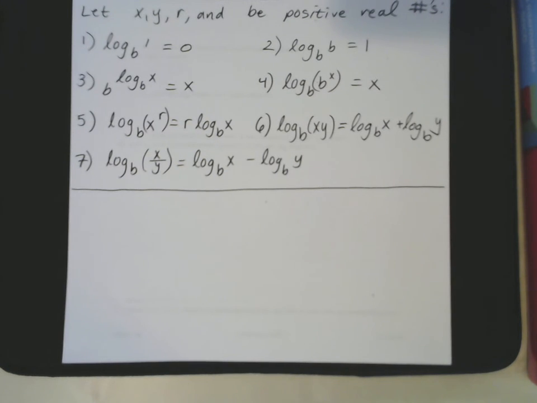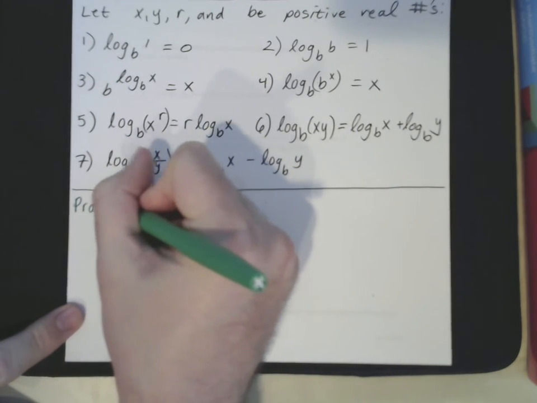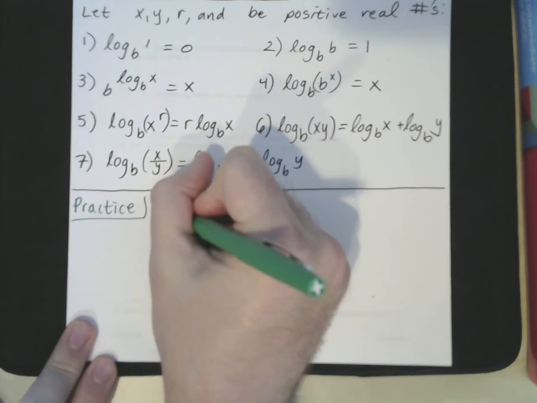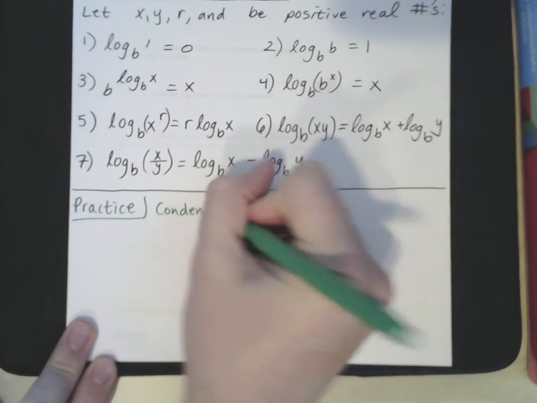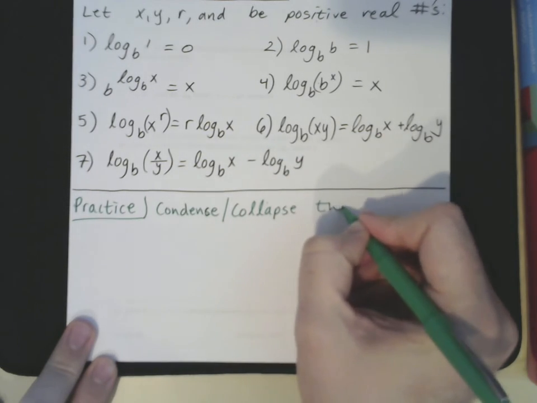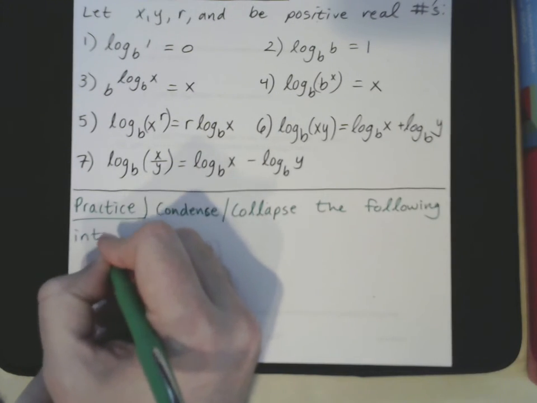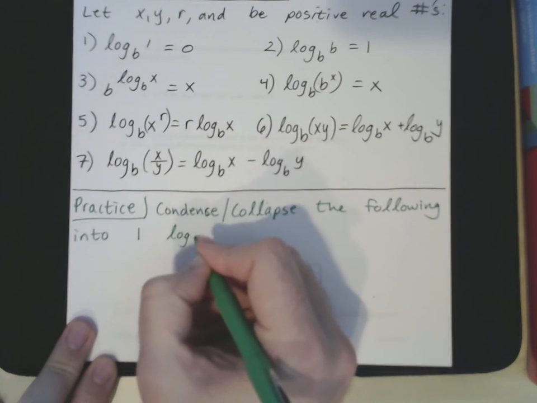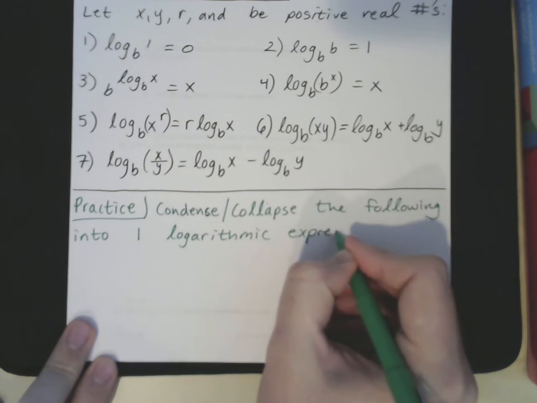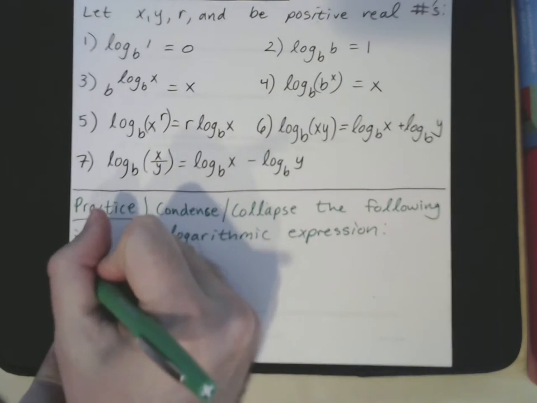So what I'd like to do now is give you just a whole bunch of practice problems. And I just want you practicing using these properties. So I would like you to condense / collapse the following into one logarithmic expression. And I have 4 for you to do work on. The first